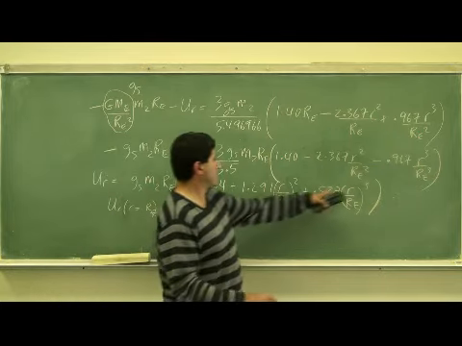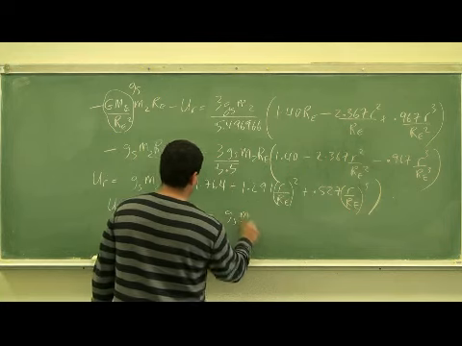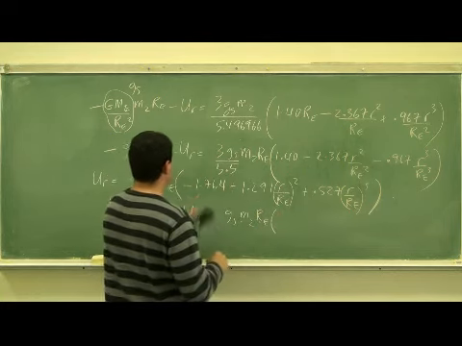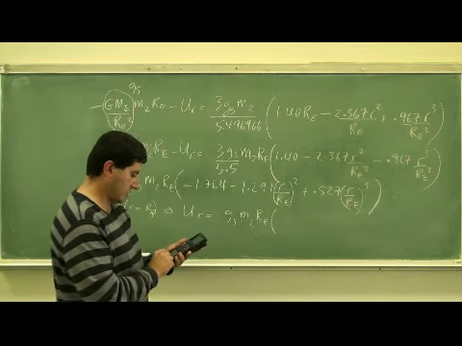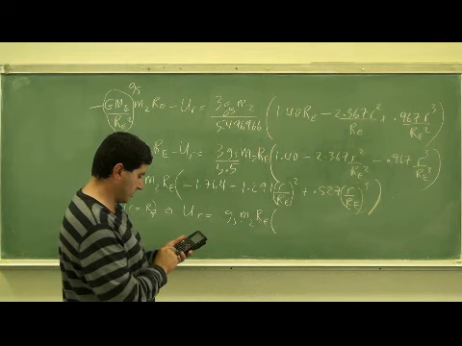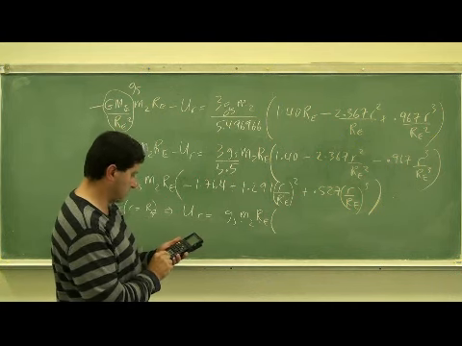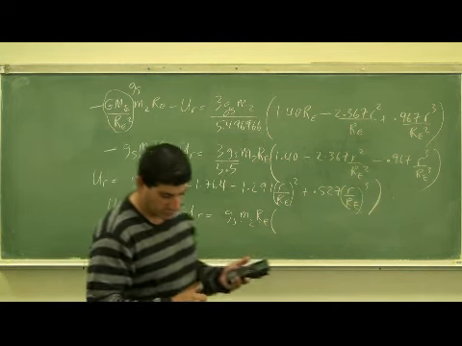R is going to equal big R, so you're just going to be left with GSM2 R of Earth times this one plus this, because these are all just 1. So -1.764 plus 1.291 plus 0.527, which gives you,